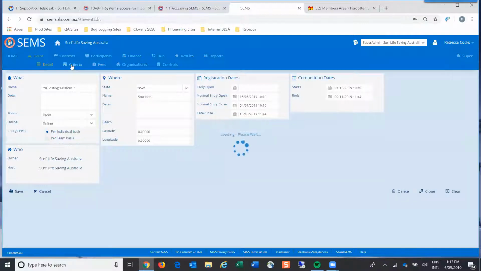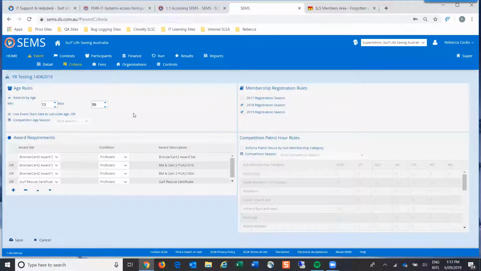So then there's the criteria. The criteria is what we've actually applied as an overall criteria to the entire event, okay? So the overarching or overruling criteria is that it is restricted by age for people 13 to 99, and that we are using the event start date to calculate the age, okay?